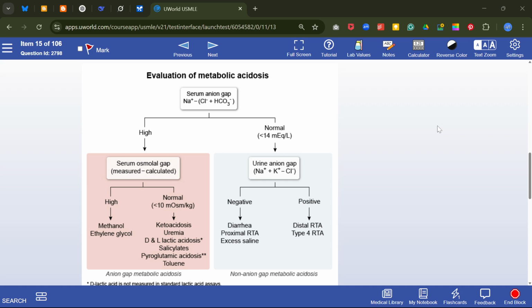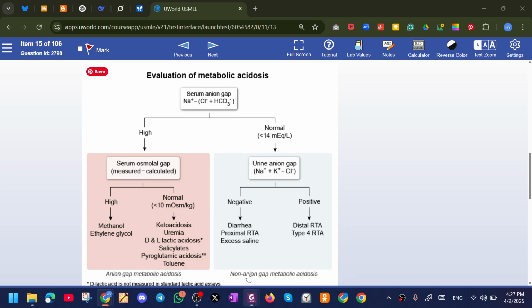How can we calculate the osmolar gap? It is measured minus calculated. How can we find the calculated? We have discussed, the calculated is 2 into sodium plus